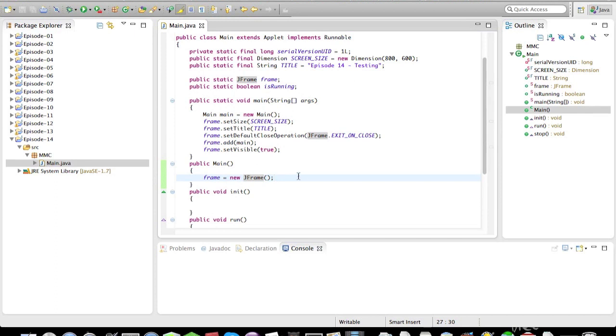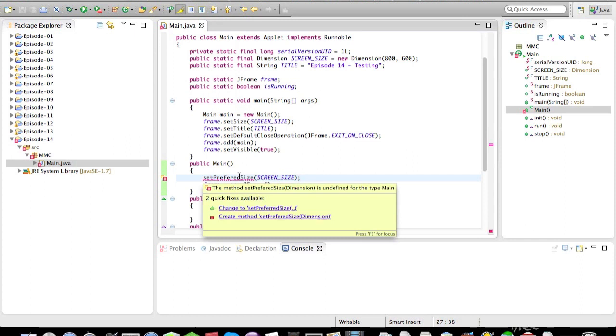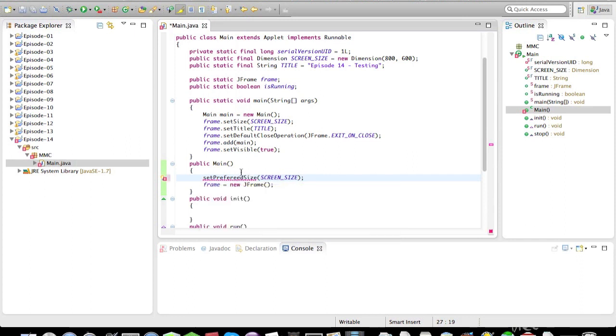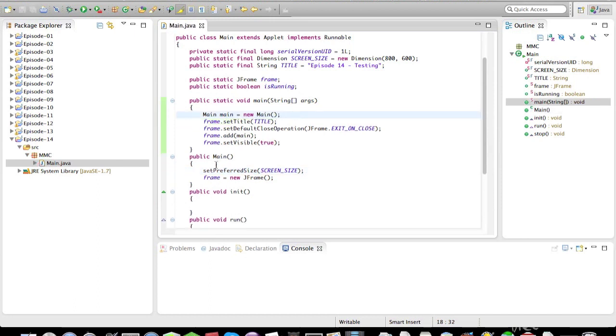So what we want to do, set preferred size. Preferred might have one F. I just did a couple things backward, and we'll do screen size. Just let me see. Oh, it has two R's. Okay. So that means this sets the applet's preferred size. We don't want to set the frame size, because we want the applet to have a size. And then what we're going to do